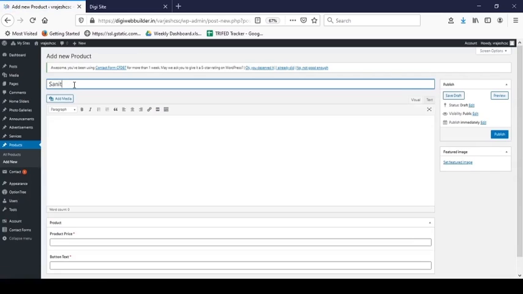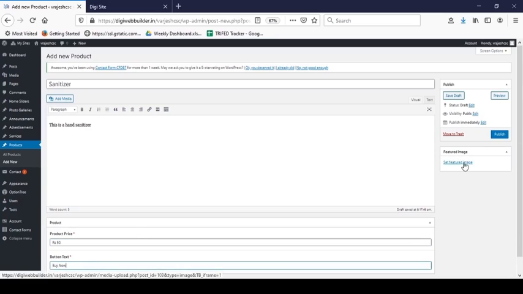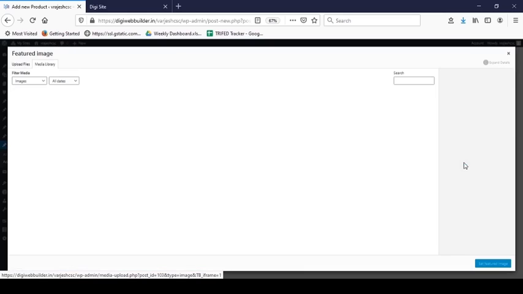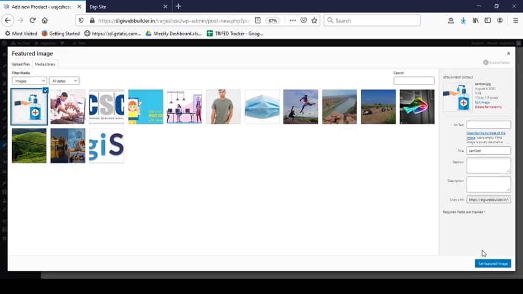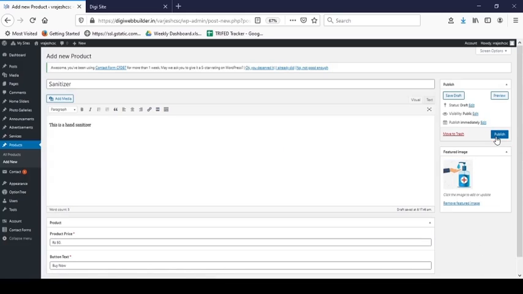Enter your product title, a description of your product, enter your product price, enter your button text, set image of your product from Set Featured Image, click on Set Featured Image and publish.